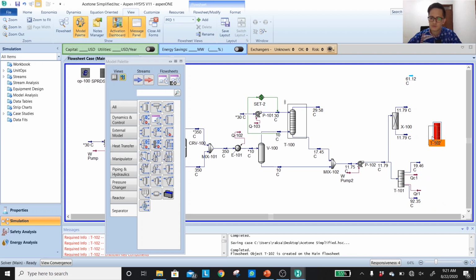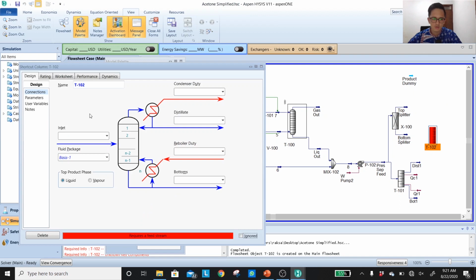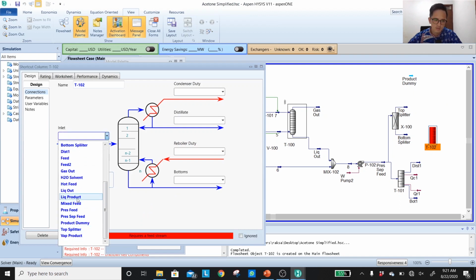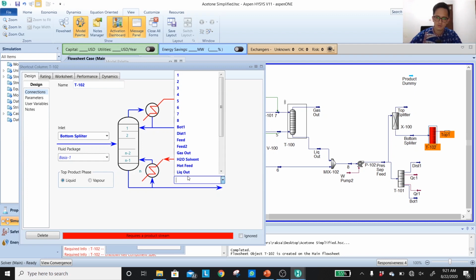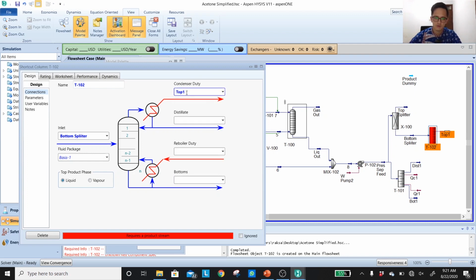Okay, so I will connect with my bottom splitter. Now the name has to be selected carefully. We can't duplicate the name in the previous shortcut column. Okay, let's say now that's the top one. Or vapor, I guess. Vapor, oh sorry, that's the condenser duty. So that's Q con 1. Q rep 1. This is still the first distillation column. That's why I still keep the 1 in the stream name.